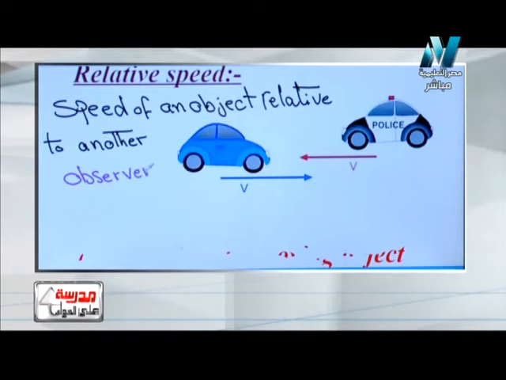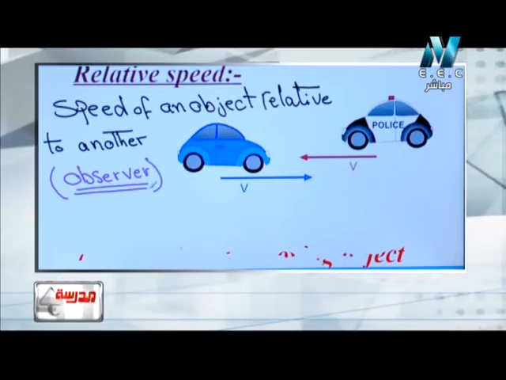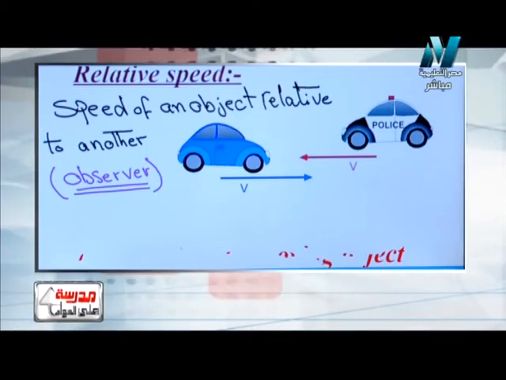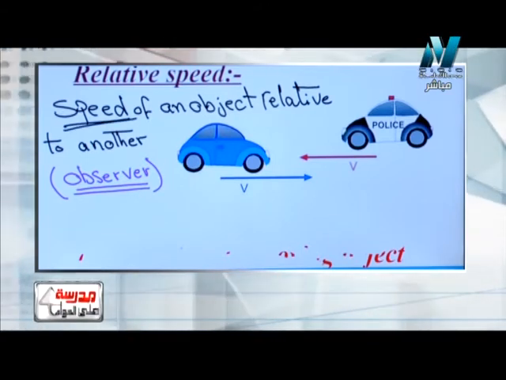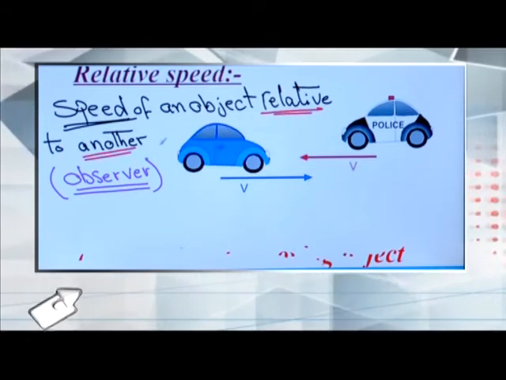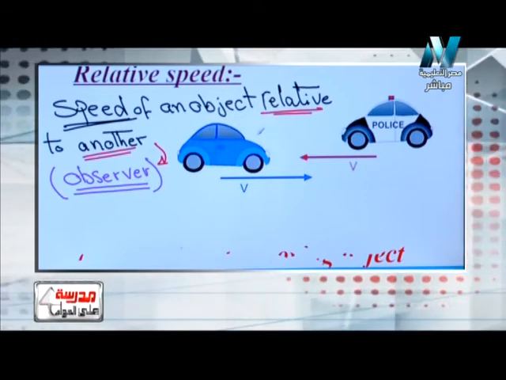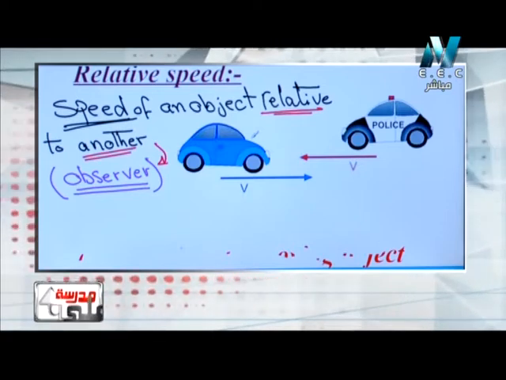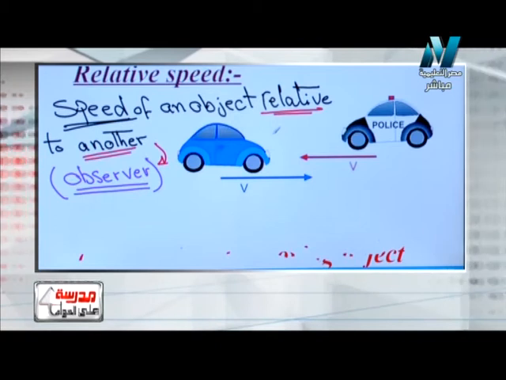It's called observer, يعني الملاحظ أو المتابع. So we come to a comparison between two speeds. Here we have the speed of an object relative to another object or relative to an observer. So we can know now, for example, we have many cases in this relative speed. But first I must understand that I'm talking about the speed of an object relative to another object or observer.